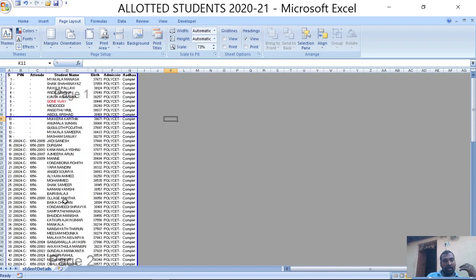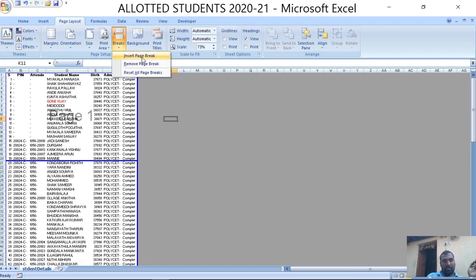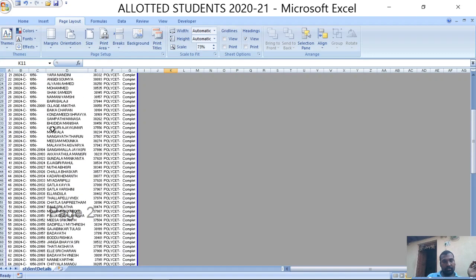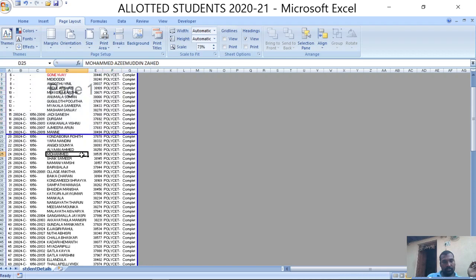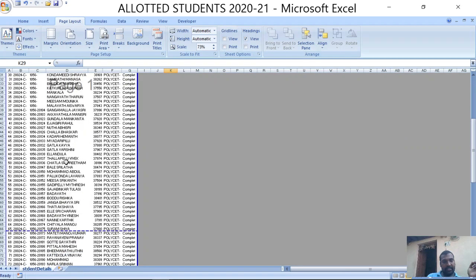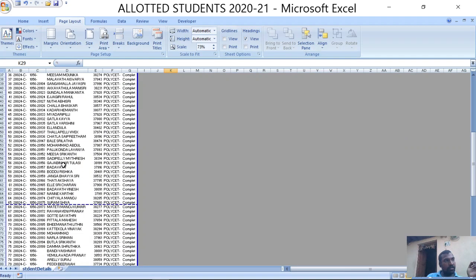If you want to change the size, you can move the cursor onto the blue line and increase or decrease the size of the text you want to print on the page. So this is about a page break. If you want to remove the page break, click on this one, then the page break is going to be removed. The page break is erased and the information is going to print on two pages.